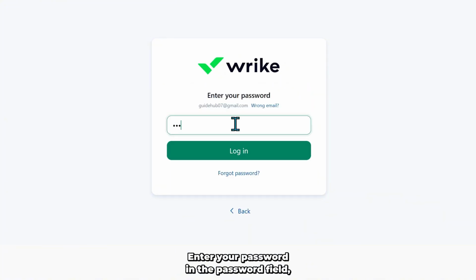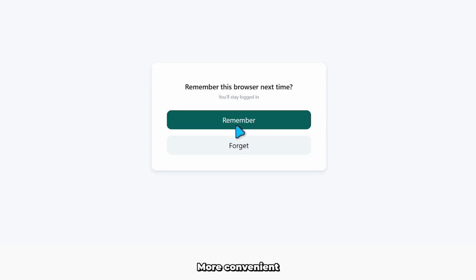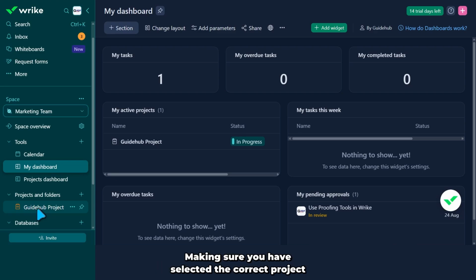Enter your password in the password field, ensuring that the credentials are correct before continuing. Click Login to access your Wrike account. If needed, click Remember to save this browser for future logins, allowing Wrike to remember the browser and make future sign-ins more convenient. Open the project you want to use, making sure you have selected the correct project before continuing